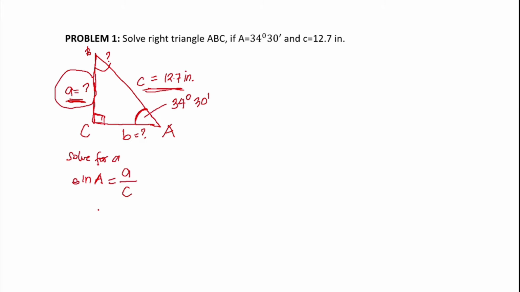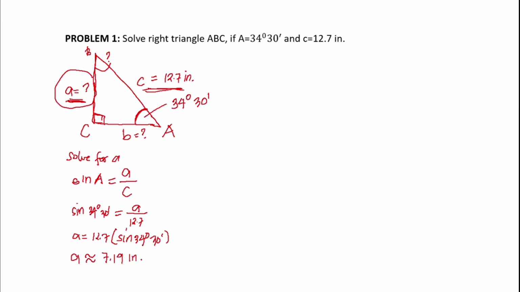So sine A is equal to A over C, the opposite over the hypotenuse. So sine 34 degrees 30 minutes is equal to what is our A? Unknown, over 12.7 inches. So our A is equal to 12.7 times sine 34 degrees and 30 minutes. If we calculate that, it is approximately, so take note of the word approximately,